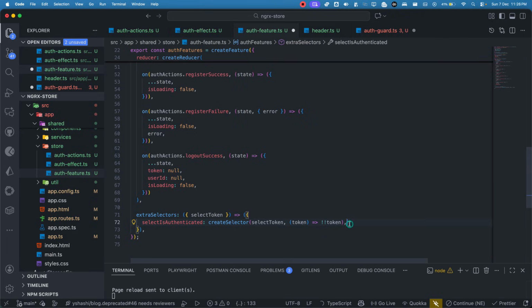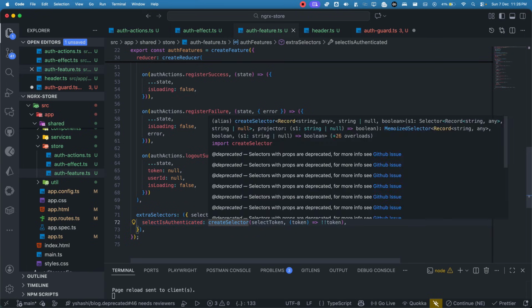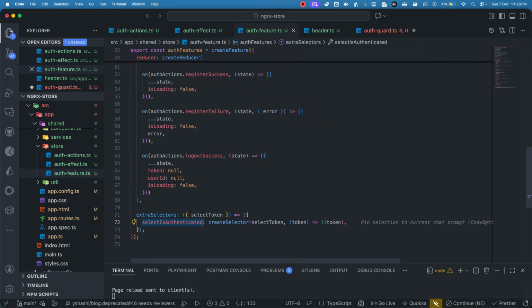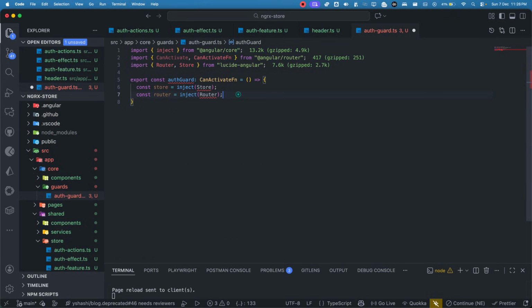And based on that, this select is authenticated will be published with some value, right? So I have created a selector which we can use now. So what I will do, let's go back to your auth. So that's why I have created that store to basically fetch this is authenticated. If I go back here and I can say done, and now as we have this store dot select, again